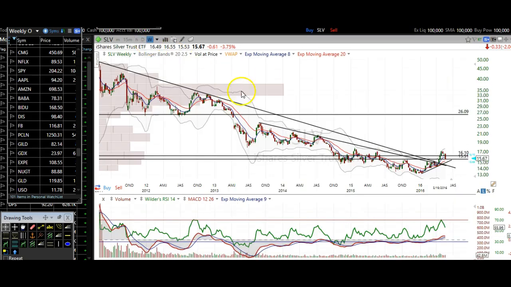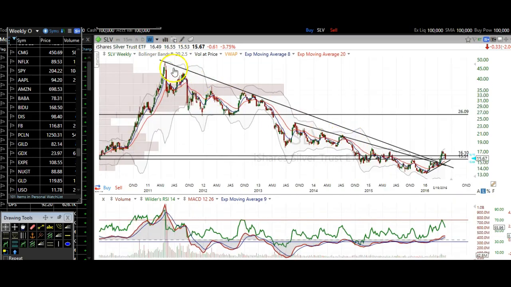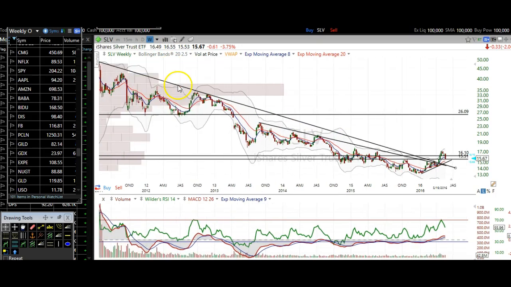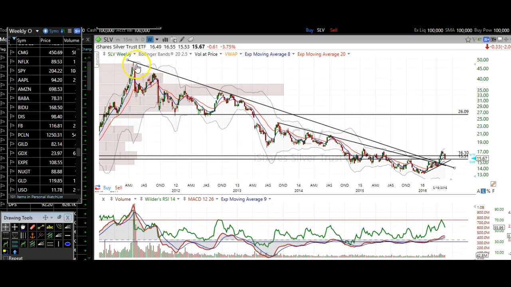Overall, this pattern is very bullish on silver as we broke over some major downtrend lines over here. This is a weekly chart on silver going back all the way to mid-2011. So as you can see, we have the highs over here getting a touch, the highs over here getting